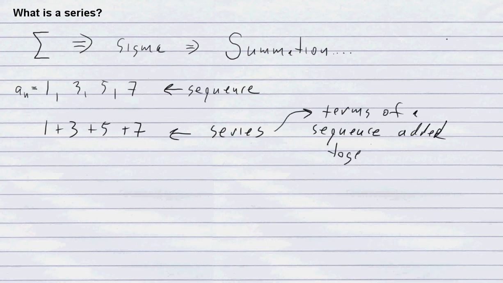Now, of course, a series has a sum. 1 plus 3 plus 5 plus 7 adds up to something. 1 and 3 is 4, plus 5 is 9, plus 7 is 16. So the sum of this series